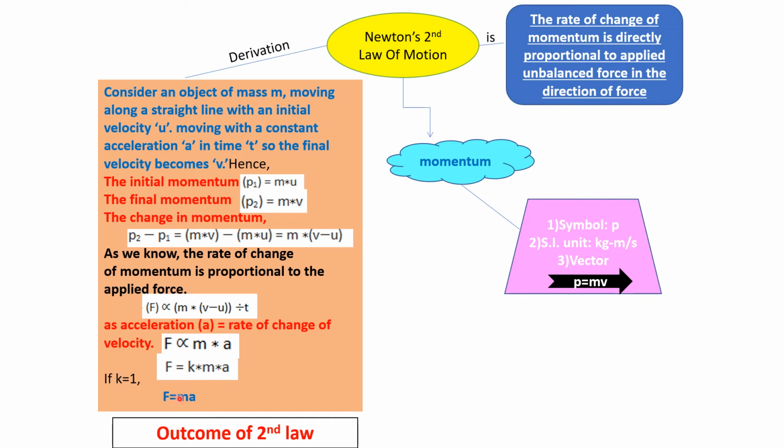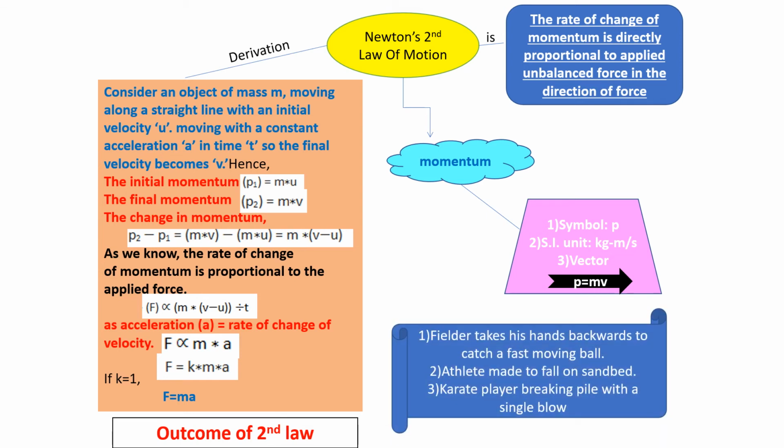But if the force is constant, see these are in combination with each other, meaning they are in a product. So if I send this mass to the other side, it will come in the denominator, right? So that suggests that acceleration is inversely proportional to mass. What does that mean? That a heavy body will accelerate less and a lighter body will accelerate more. This is my outcome of the second law, that acceleration is directly proportional to force and inversely proportional to mass. So from where does this formula come? This entire derivation, this is the outcome.